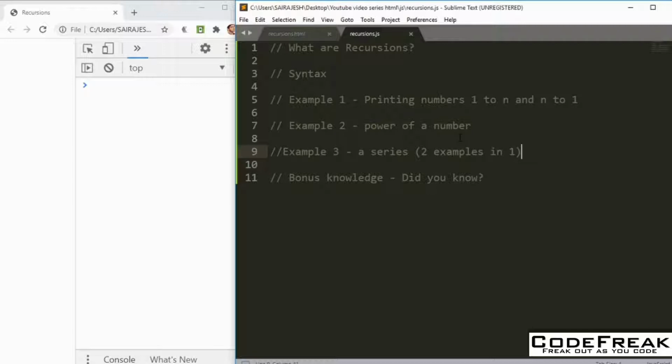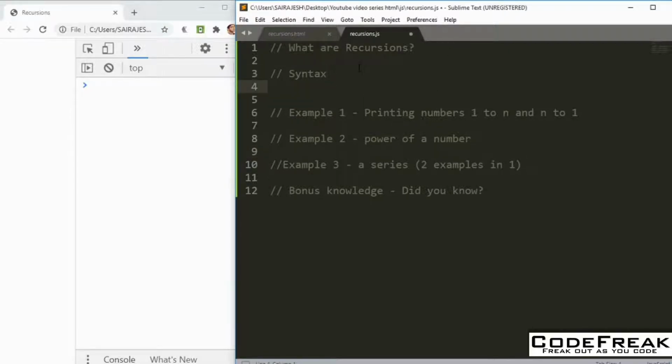So let us look at why actually we need it. If you are not new to programming, then I would say you can skip this part because you already know about recursions, but otherwise you can go through it. Recursion is a programming pattern that is useful in situations when a task can be naturally split into several tasks of the same kind but simpler, or when a task can be simplified into an easy action plus a simpler variant of the same task, or when a function solves a task in the process it may call many other functions. A partial case of this is when a function calls itself, and that's what is known as recursion. So that's with respect to what recursion is.